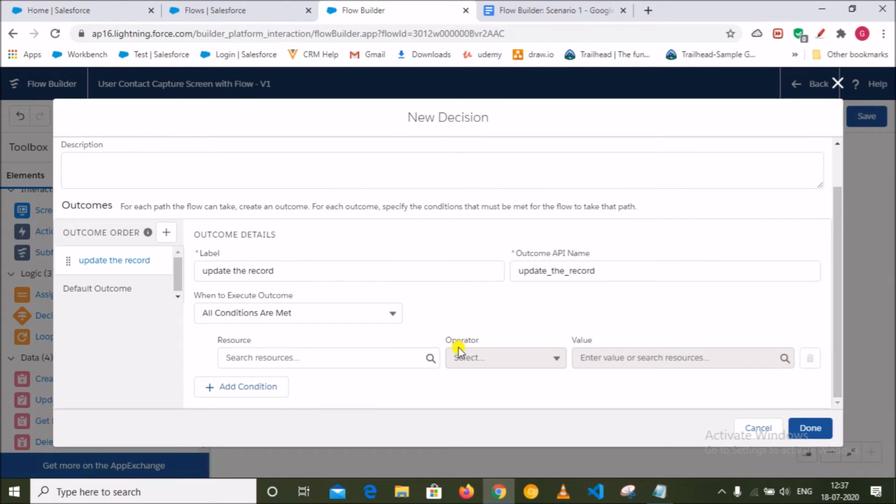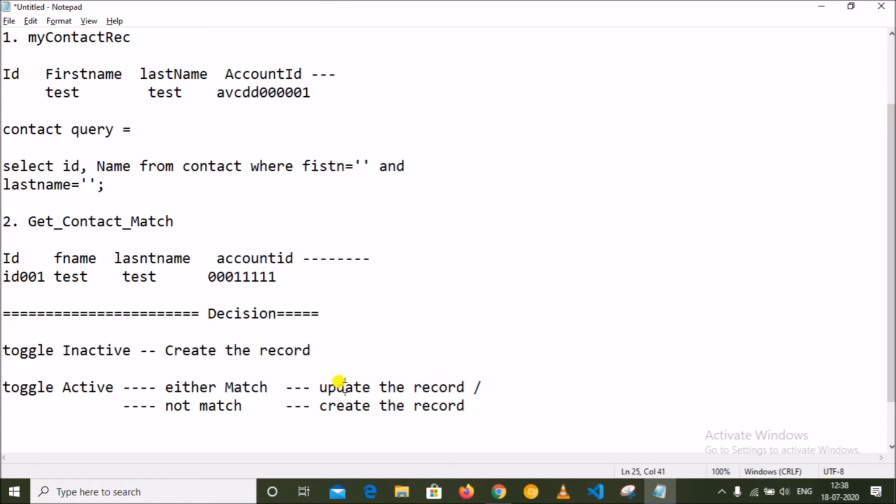See, here we have the conditions for when to execute the outcome. So if I select update the record, in which condition will I update the record? The condition is that the toggle should be active and I am getting the record in Salesforce, right?